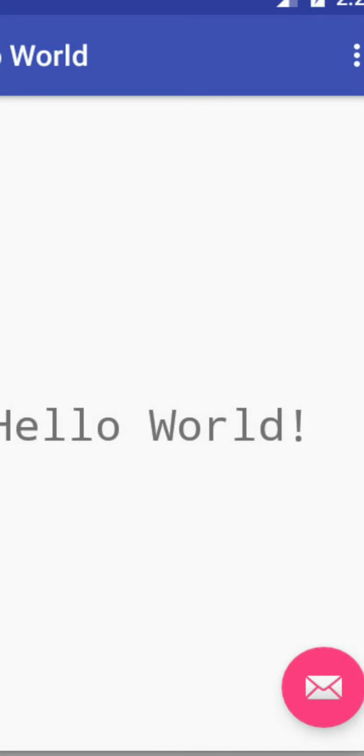After selecting the default activity, Android Studio asks us to give names to the activity and the related layout file, as shown in the figure. Since we will have a single activity in this app, it is perfectly okay to leave their names as default. When we click finish, Android Studio will create the project file and the folders automatically, and then the IDE will appear.